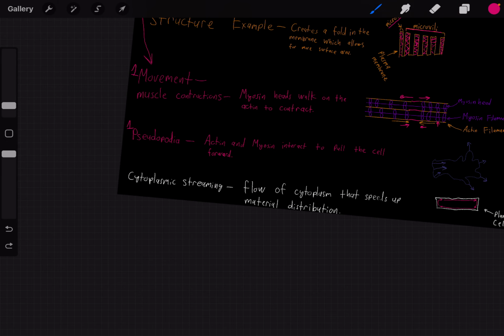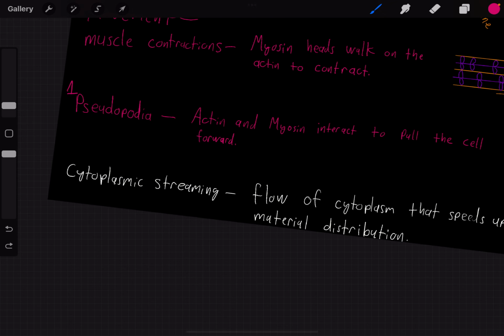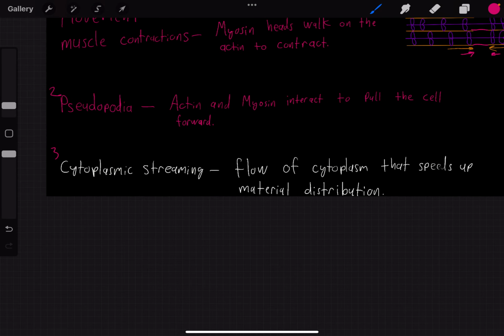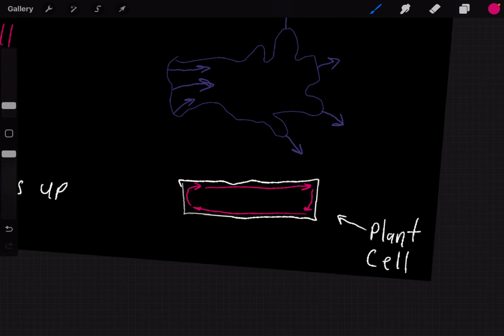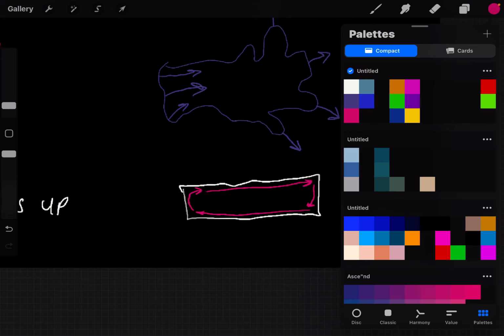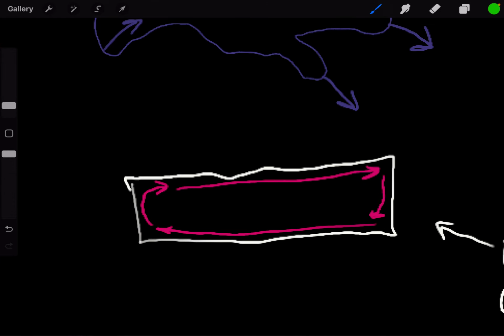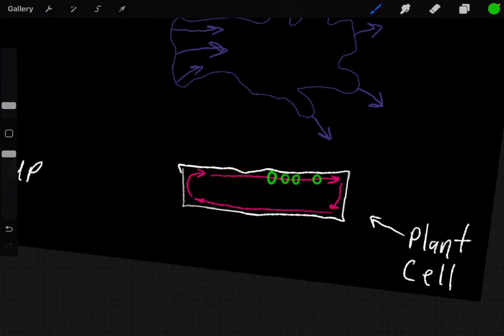The last one is cytoplasmic streaming. Cytoplasmic streaming is in plant cells, and it's the flow of cytoplasm that speeds up material distribution. You can also think about it as chloroplasts in plant cells. If you have a chloroplast right here, for example, like that,